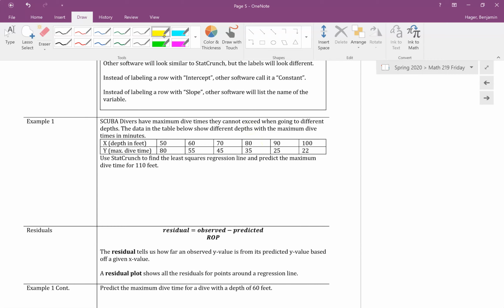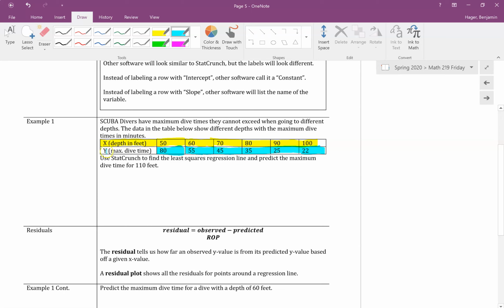So when you are diving down to 50 feet deep, you can stay down there for up to 80 minutes. If you go down to 60 feet, now you can only stay down 55 minutes, and so on, all the way through to the very end, where at a depth of 100 feet, your dive time is